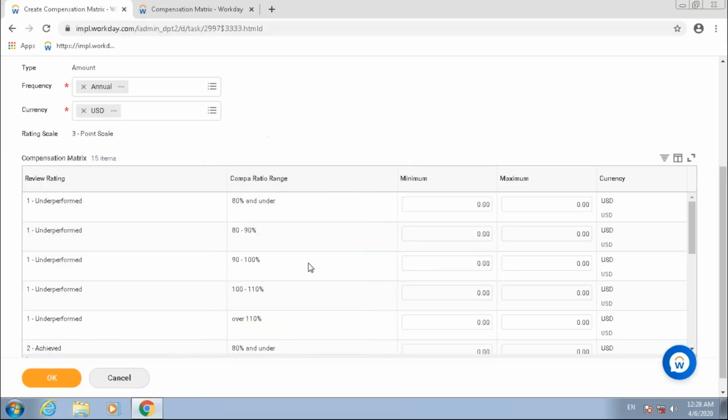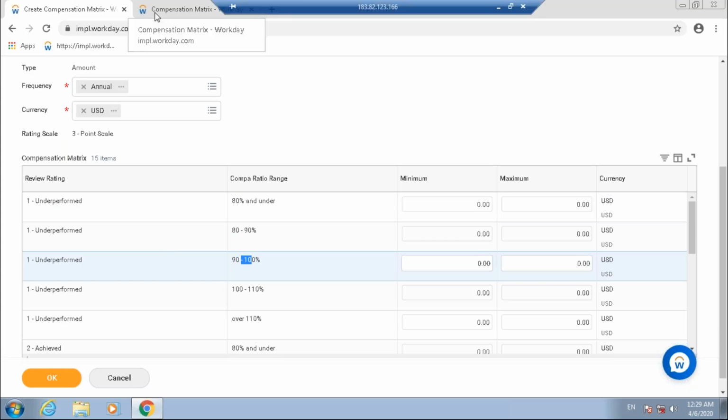When I select compa ratio, you see that the ratio options which are given to me are 80 and under, 80 to 90, 90 to 100, 100 to 110, right? Now the reason I only get these compa ratio options is because I have configured them in the system,